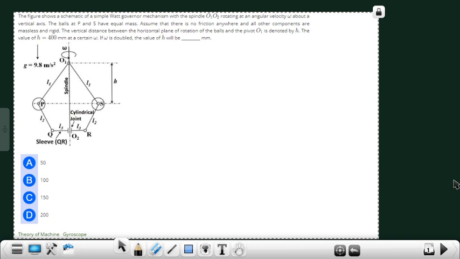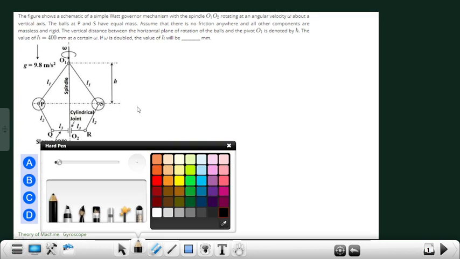So today we discuss GATE 2022 set 1 GATE mechanical engineering previous year 1 mark questions. So the question is